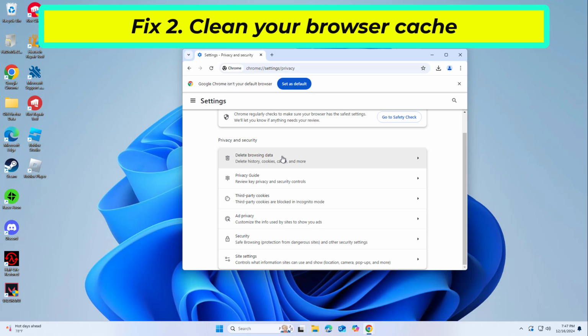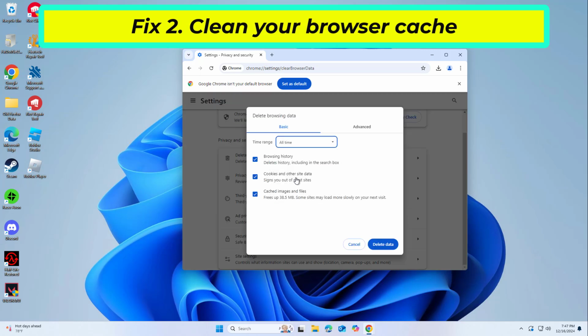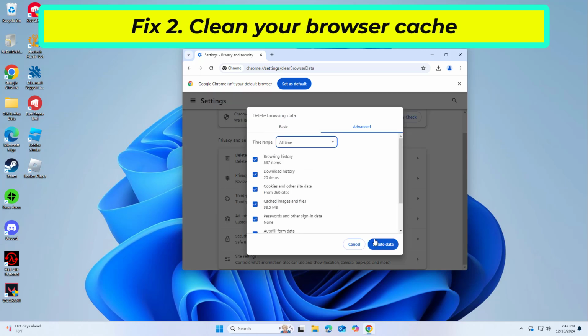Under Time Range, pick All Time. Select Browsing History, Cookies and other site data, and Cached images and files. Click Clear Data. If that didn't work,